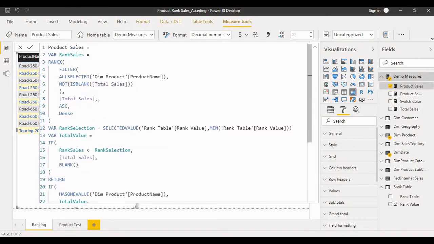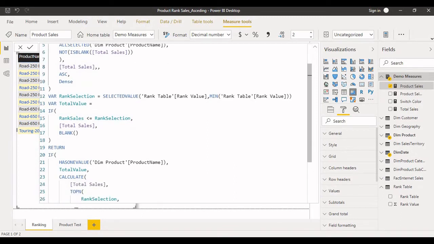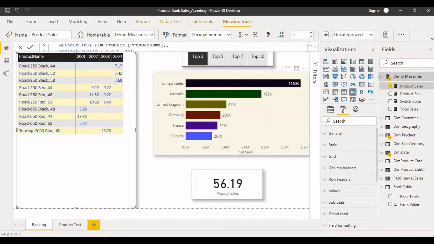So likewise I have written this expression. You might see similar kinds of expressions in a lot of examples, because in most cases when I explain RANKX and top N, you can see a similar expression, but the scenarios will be different. In the last video I explained descending order, top products, but in this case it is ascending order, bottom products. Okay, we'll do some demo.